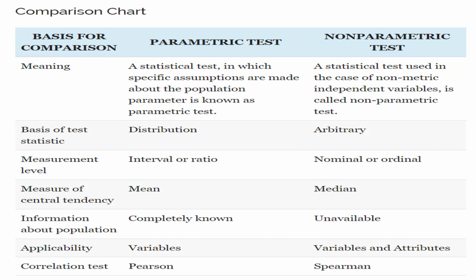Sa statistics, para ma-consider nato na parametric test ang ato ang gamiton in analyzing, we have to make sure that our data is normally distributed. So if you can still remember the graph, the histogram, dapat you will get a bell shape. Though actually that is not really very strict. As long as kung dili nato makita na normally distributed atong data, actually we will be dependent on the sample